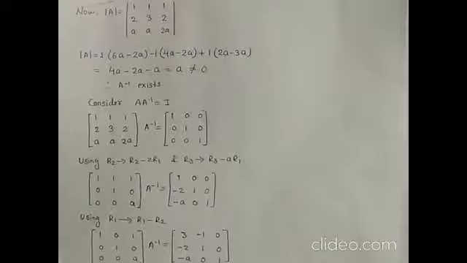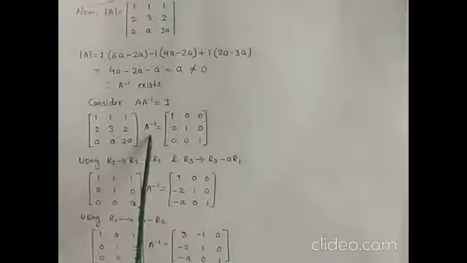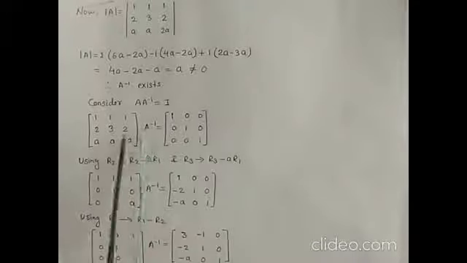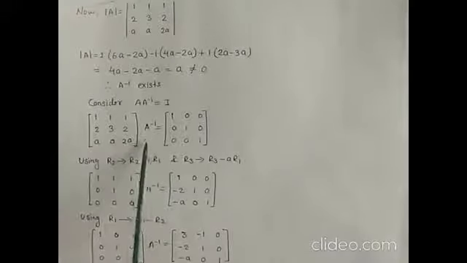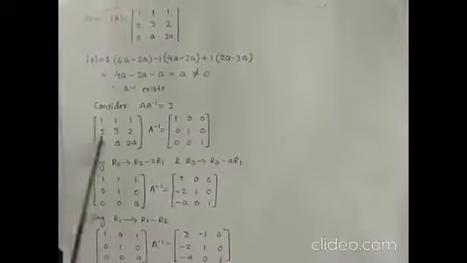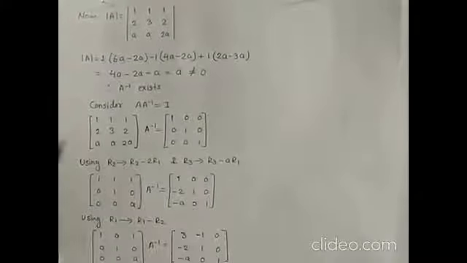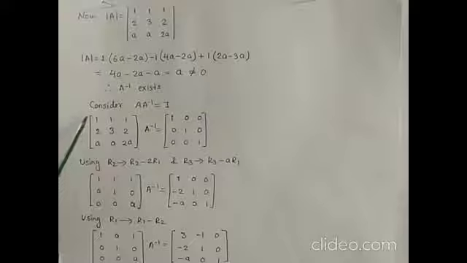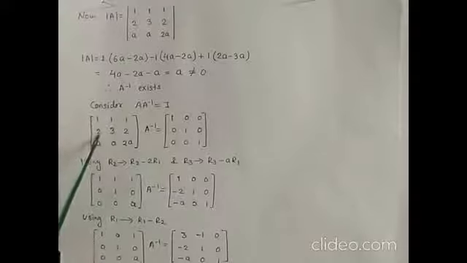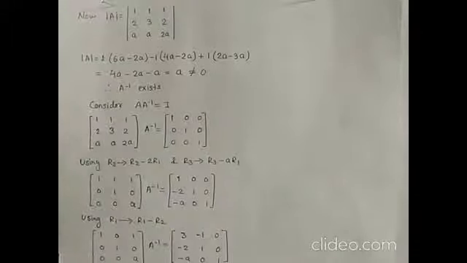Just think what we should do now. Definitely we are going to use row operations, because this A inverse is post-multiplied with A. Post-multiplied, and we have to use row operations. Children, what we want to do here, because we are applying row operations in the first column: in the first column we want to make it 1, 0 and 0. It is 1 already over here. To make this 0, what will we do?